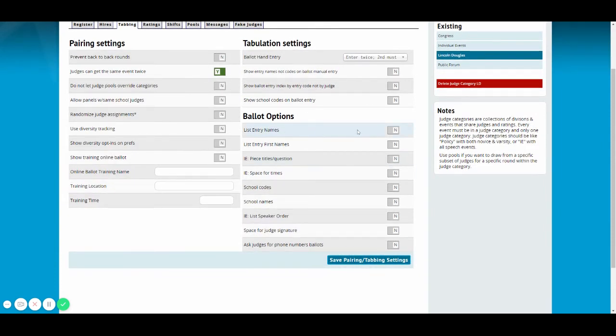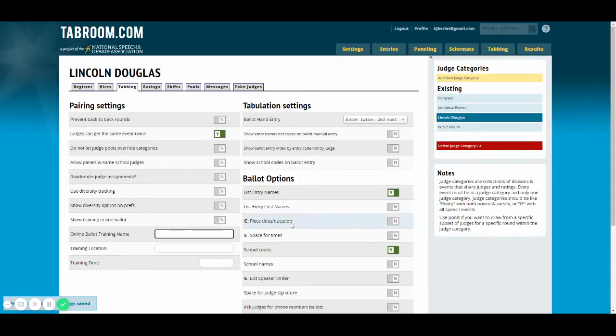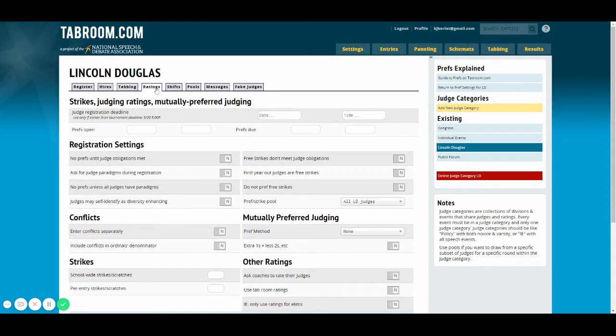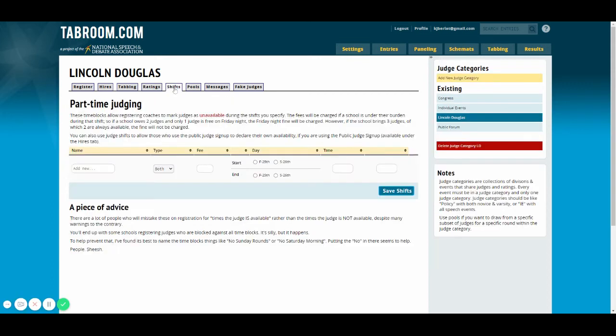And then on the ballot, do we want to list the entry names? Yes. We have a bunch of things for speech. Do we want school codes? Yes. We don't want school names, and we don't really have a lot of other elements there. Rating, we're not going to worry about because we don't do mutual judge pref. The shifts function,